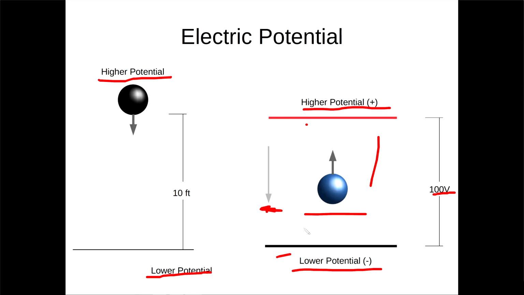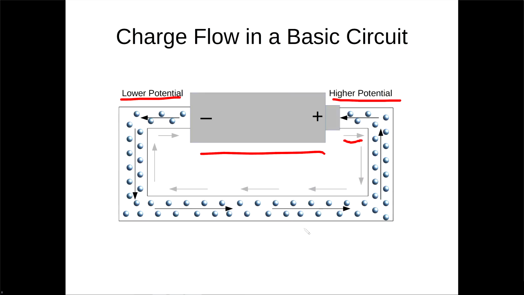So the electric field always points from a high potential to a lower potential. So in this circuit, the higher potential here starts on the positive side, and these gray arrows are going to be pointing along this wire to the negative side, which is at the lower potential. So this is the direction of the current, the conventional current, as well as the direction of the electric field